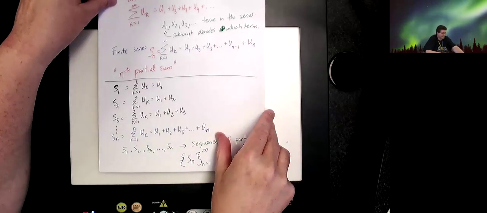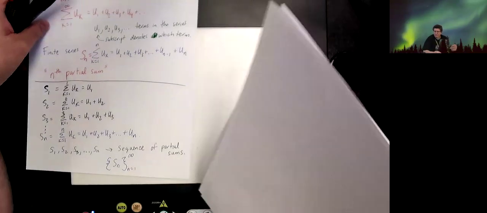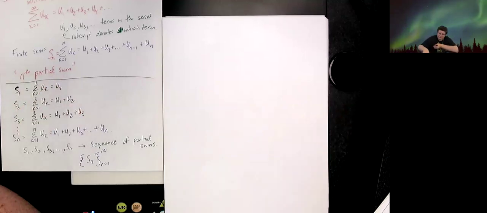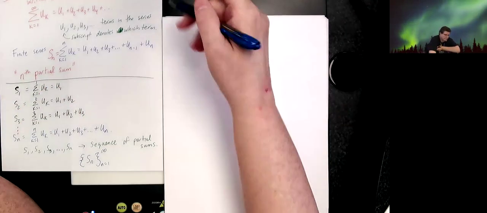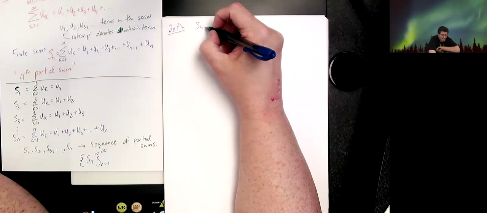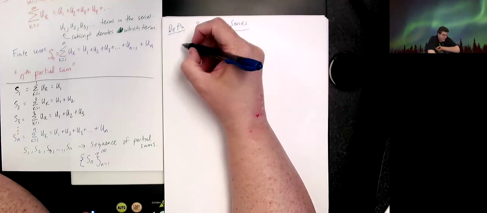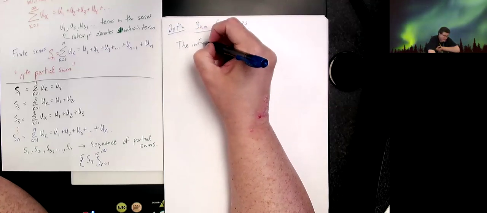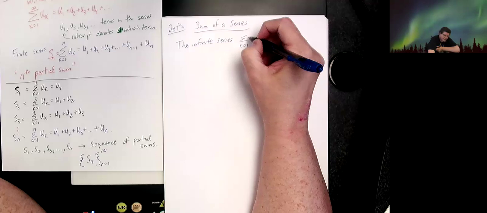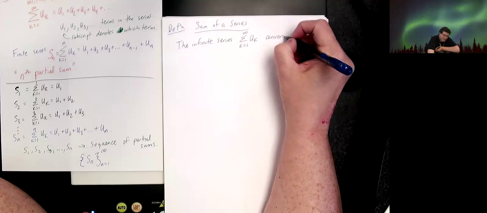Okay. So we're going to say the sum of a series. At least you're still writing it. Definition. The sum of a series. The infinite series, k equals 1 to infinity of u sub k, converges to the sum S